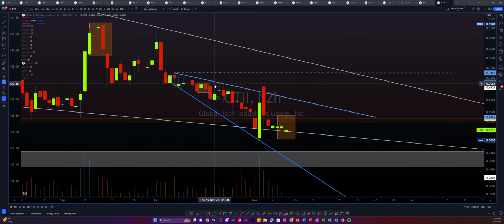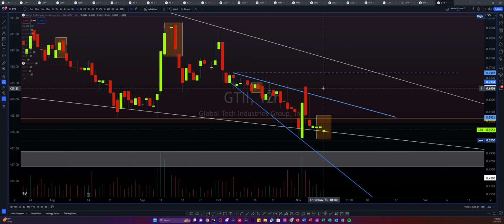I mean, these are already too many. What's scaring me on this is that it's too many tests of the resistance. I'm already invalidating this formation when we're at about 5 tests, right? In this case, we're looking at 1, 2, 3, 4, 5, and it could be 6 right here, and 7, right? So 7 tests of this resistance already. So it's not to say that it can't do it. It's just the probabilities become lesser and lesser when you have tests counting beyond the 4 and 5 true breakout